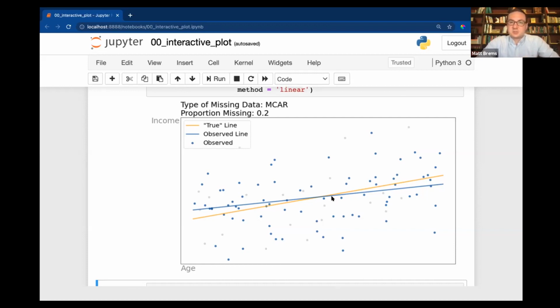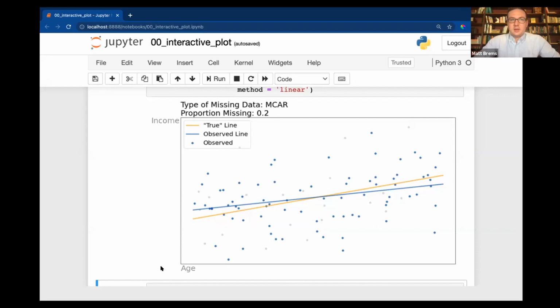The difference in the slope between the blue and the orange line is actually over 40%. And if we think about the y-intercept, where age would be equal to 0, that might not be a very interpretable thing for us. We generally imagine that somebody who is age 0 has no income, but the y-intercept itself is also, based on the scenario set up here, off by over 80%. Now, that's a really, really big difference and something that we should be really aware of when we're working with